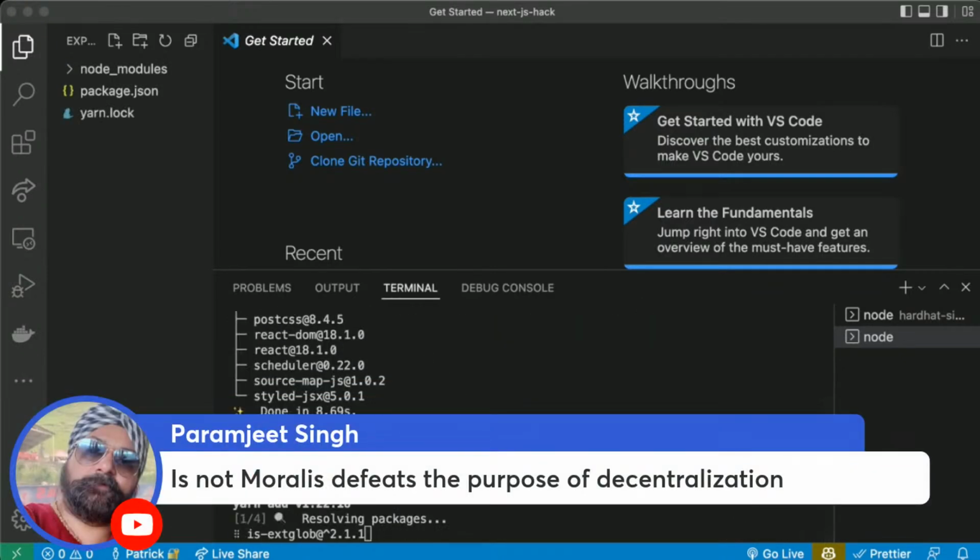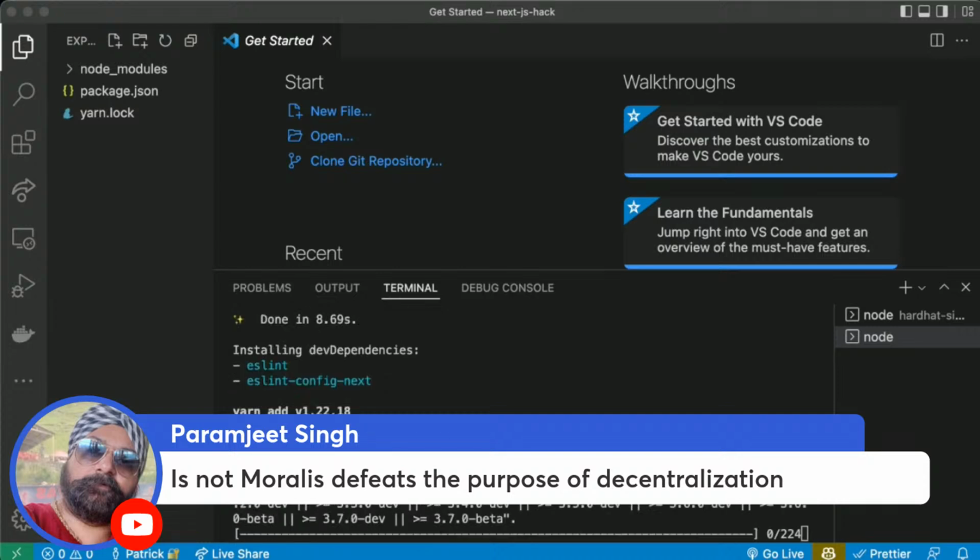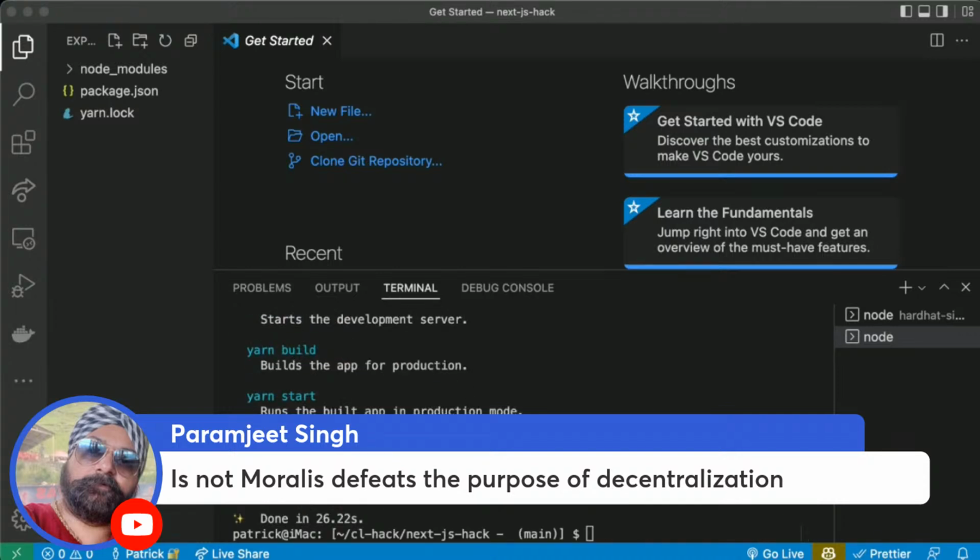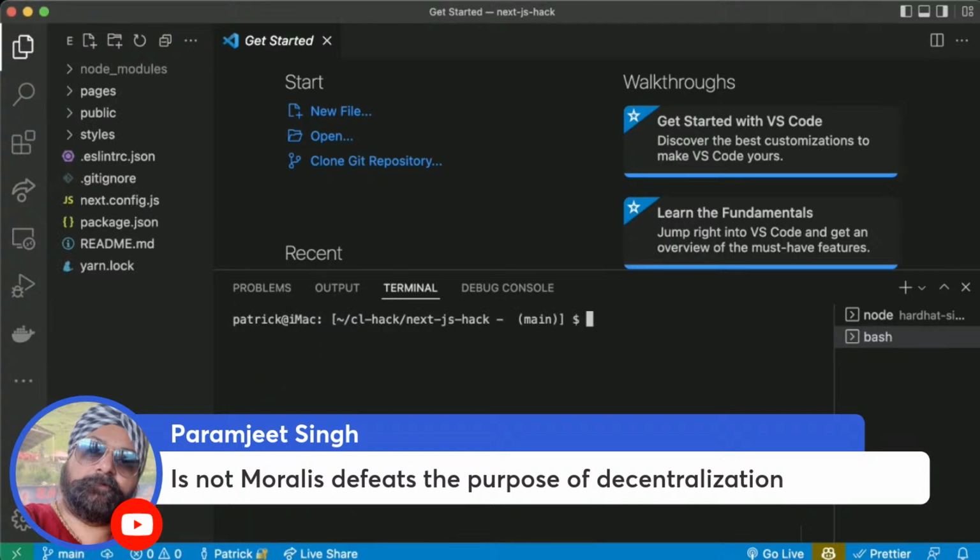Someone says Moralis defeats the purpose of decentralization. Like I said, we are not using Moralis servers. We are just using the hooks. So when we do yarn add moralis, we're just adding all the hooks into our own local code base. And I would also disagree with that. If all of your logic is still on chain, doing something that makes the front end a little bit nicer, I think isn't the end of the world.